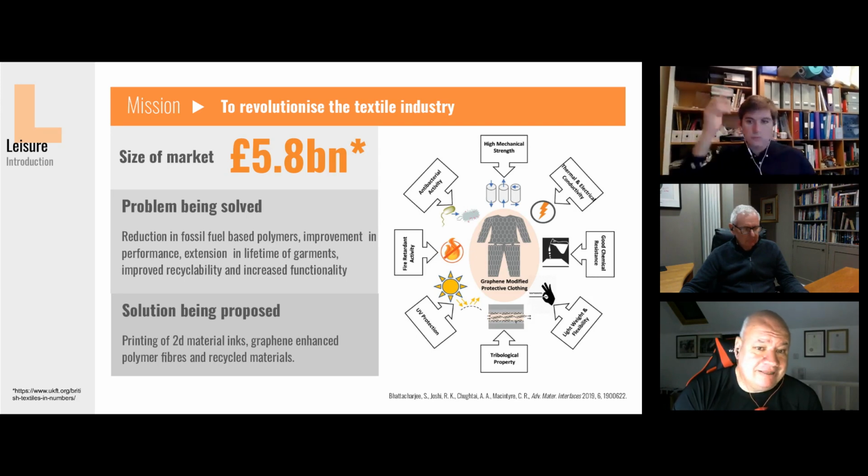Graphene wear is a brand that we anticipate being co-located on the garments, very much in the same format as, say, Gore-Tex or Lycra. And so graphene wear, as soon as it's got its scientific data from the University of Gloucestershire, then I'll be working with the team to get that website up with all of the data that we can, so that we can continue to sell that into large brands.